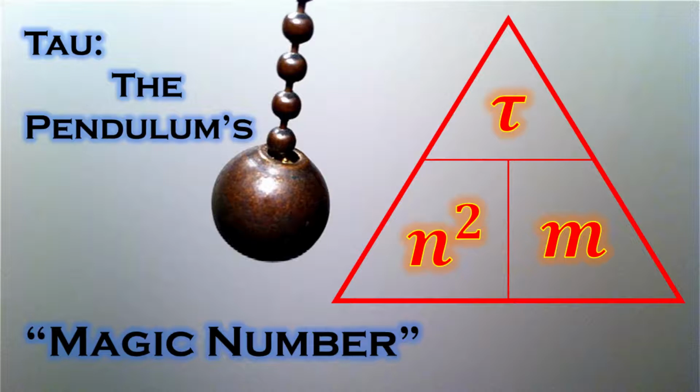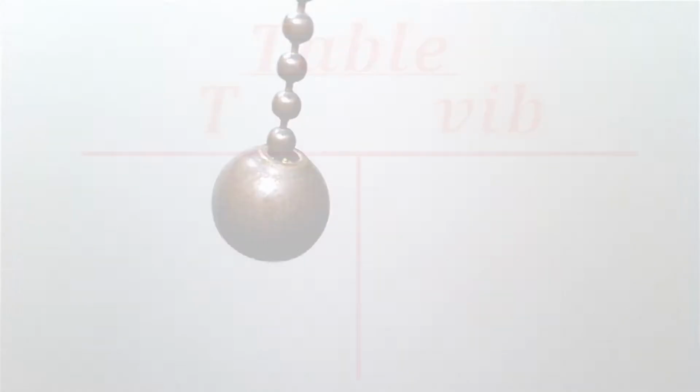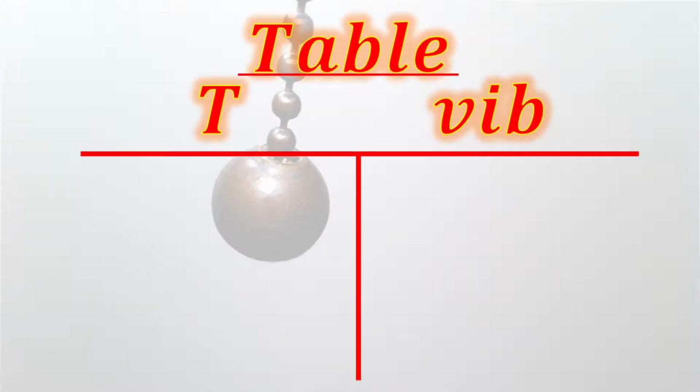In this video, we are going to discover tau. This is the Greek letter that's going to represent the pendulum's magic number. So what I want to do is derive it, and I want to let you know where we got it. So if we set up a table with T, capital tau, that would be the time period in seconds, and